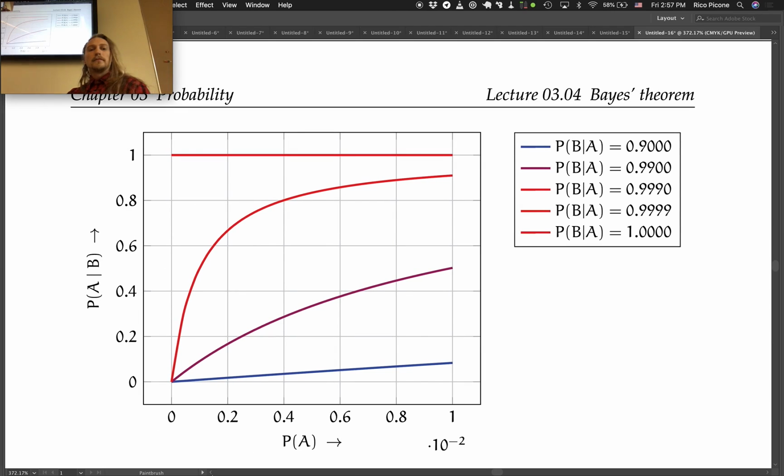So on the horizontal axis here, I've chosen to put probability of A. A lot of times the thing that you're trying to detect isn't very common. It's relatively rare. So given that you're testing something, maybe there's only a very small chance that it is actually happening. So I did from 0 to 1% probability that this event A occurs. Okay, if that's the case, if it's that low,